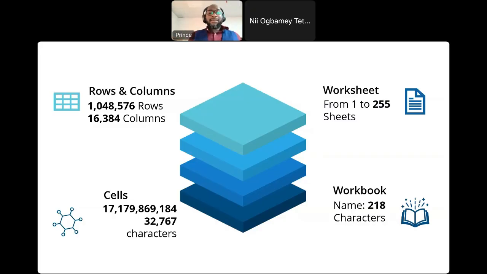What this simply means is that if you pick one Excel sheet and fill each of the cells with a character and decide to print it on A4 sheets, you get a pile of A4 sheets taller than the tallest building you can think of in this world. That is how monstrous Excel is. Excel is that monstrous, that huge.